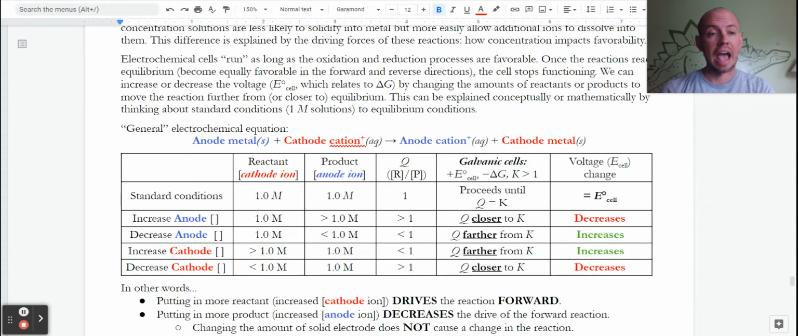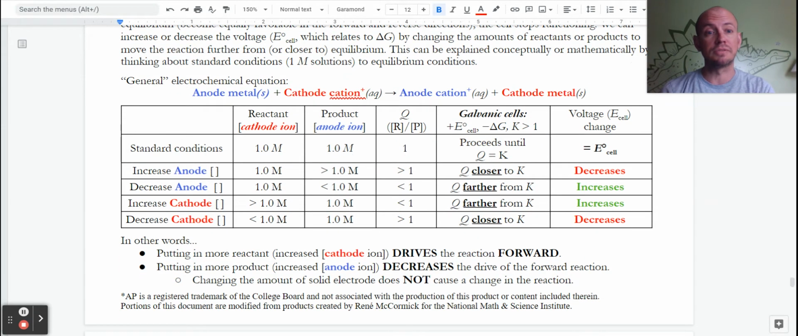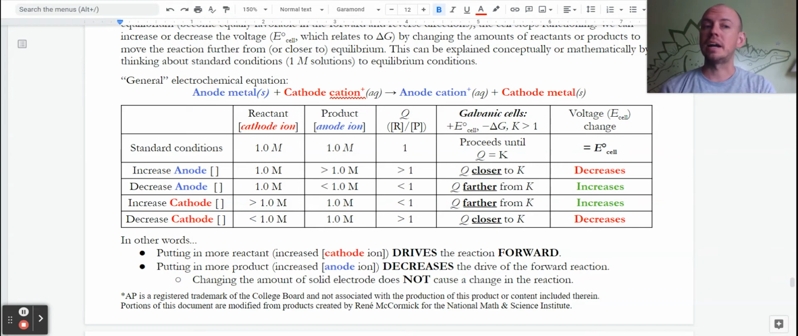More favorable reactions make a bigger value for voltage, less favorable make it smaller. So we're kind of thinking of shifting, but not using that word. We're saying it drives it forward. More reactant drives the reaction forward. Putting in more product decreases the forward drive and lowers the voltage. This is something that really takes a little bit of practice to get the wording right, but we can